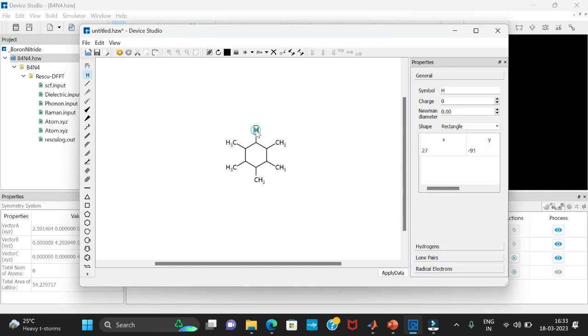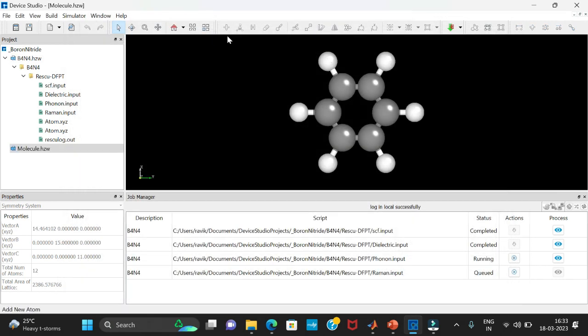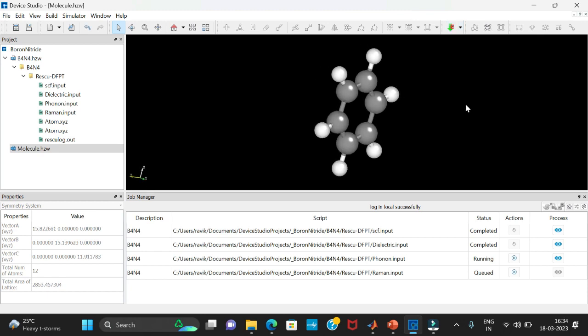and then you can press here. So you can replace this CH3 by the hydrogen atoms like that. And then you can click on this apply data. In the toolbar, you can see this is the force field calculation where UFF, GAFF, chemical. So I would like to select this GAFF and this is the benzene structure.